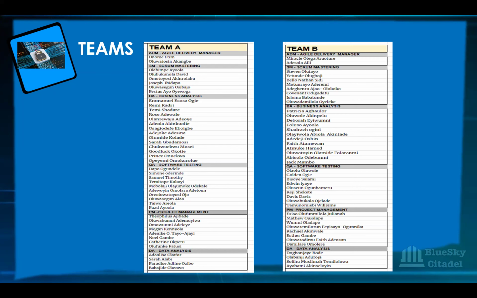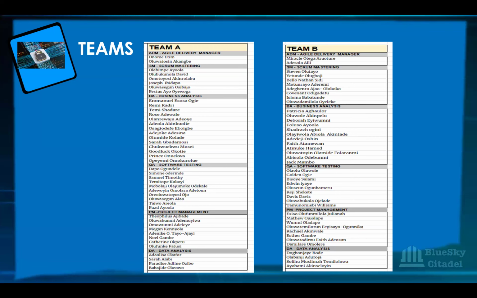But in this case, we've got people who have come into the internship who want to go for the Agile Delivery Manager role. They have specifically selected that. And of course, we have mentors to guide you in this journey. Every single role has mentors who will be available to guide you. So the Agile Delivery Manager would see to the delivery of the project in Team A.